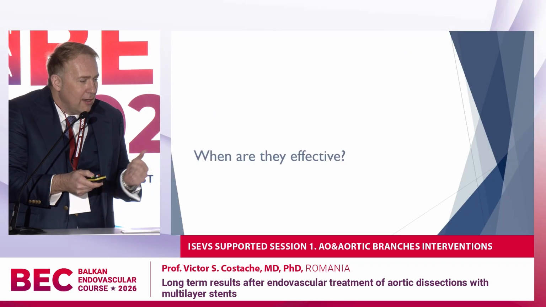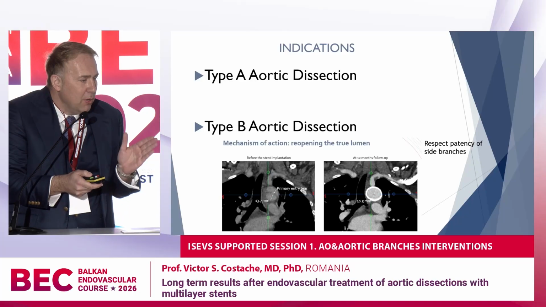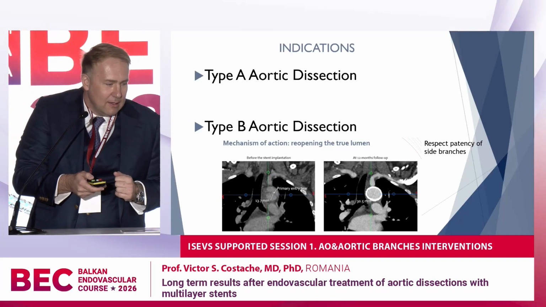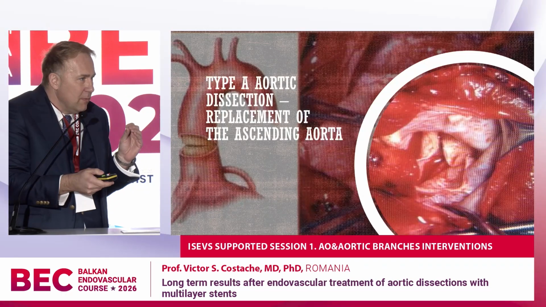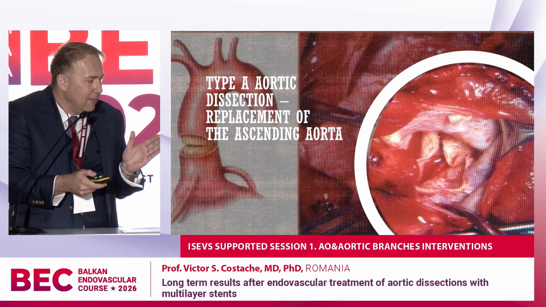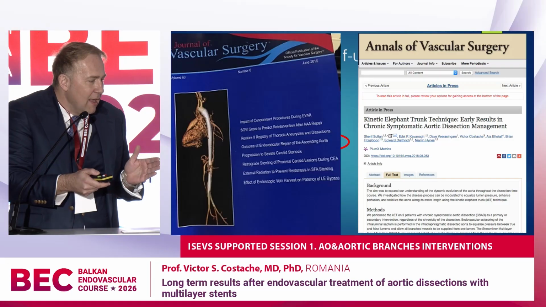So when are they effective? They are effective in both type A and type B aortic dissection. So we will move on to type A. What's important in type A is to replace the ascending aorta, of course, and then you will have a